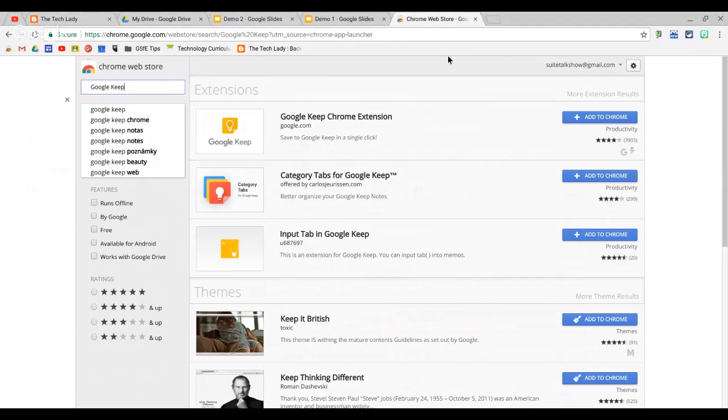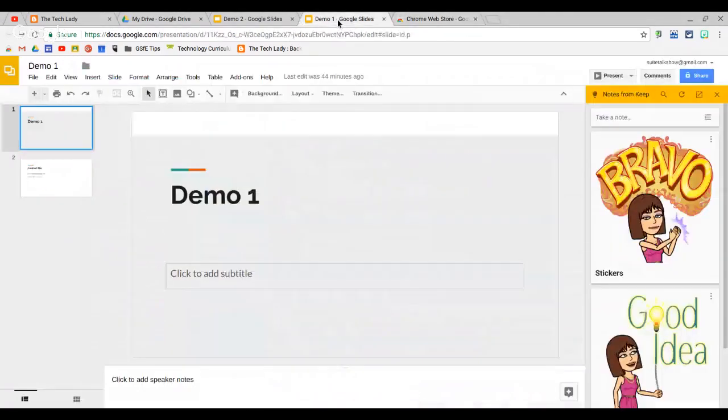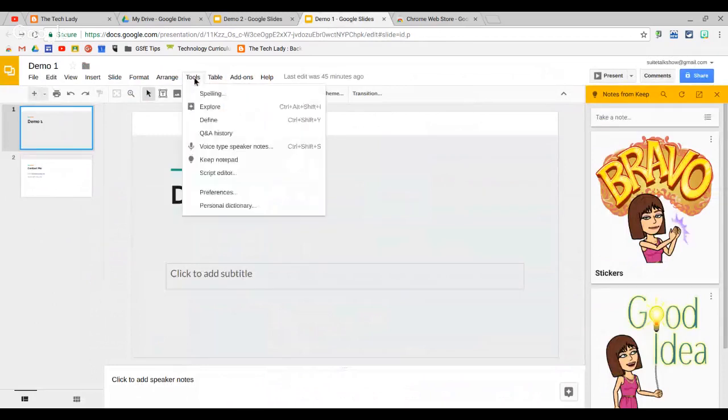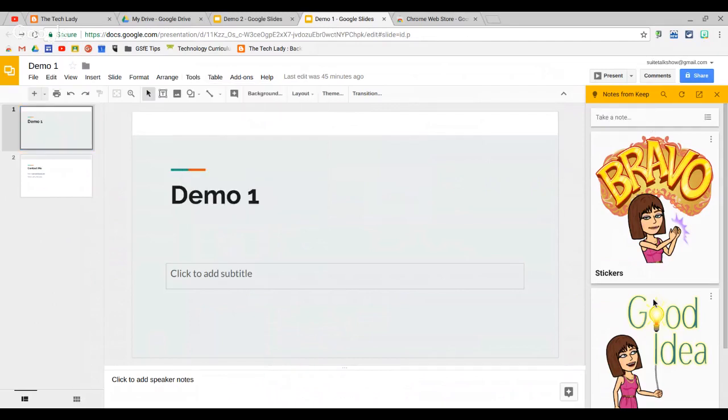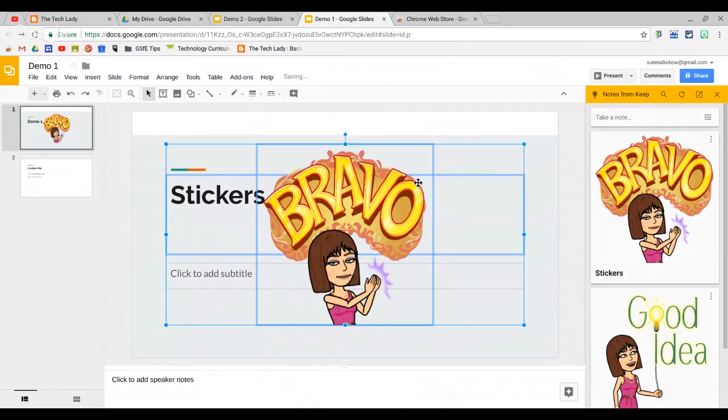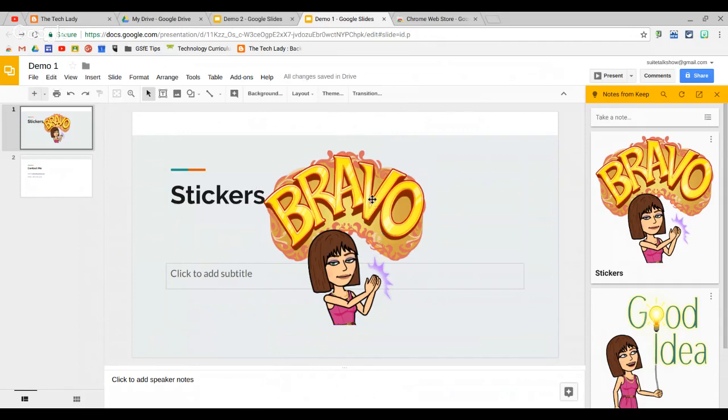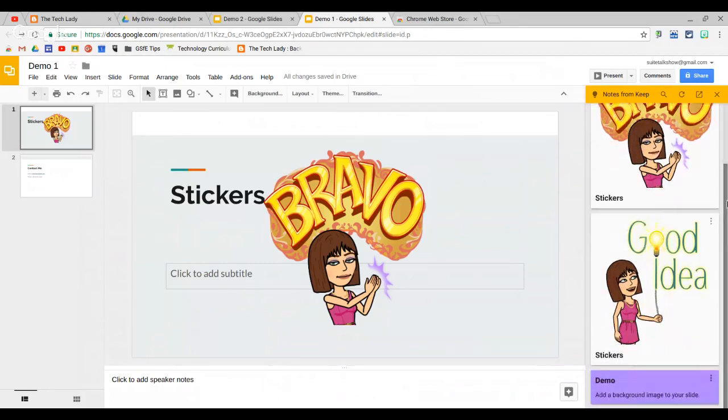So what I'm going to do now is go back into the Google slide deck and go to Tools and Keep Notepad. And what happens is the Google Keep Notepad opens in the margin. And what I can do at this point here, if it's a sticker, I can just simply click and drag the sticker into the presentation. And I just gave my student feedback by using a sticker. Or if I wanted to, I can scroll down